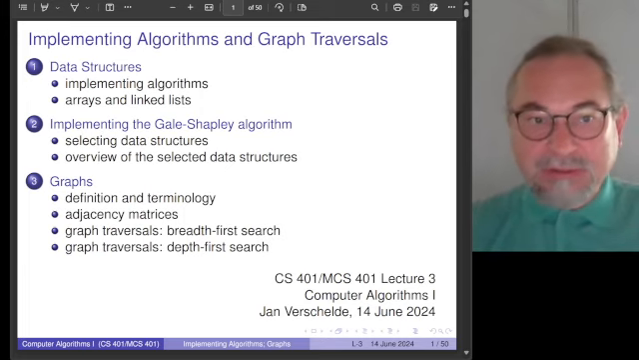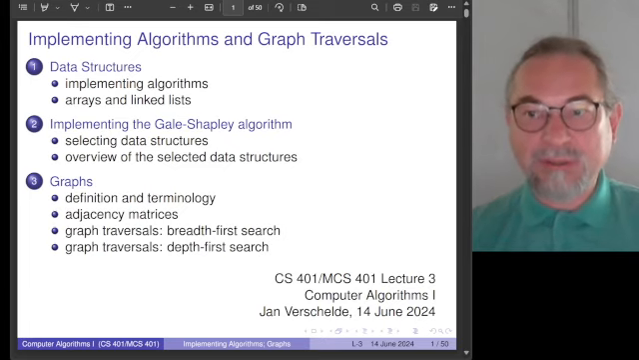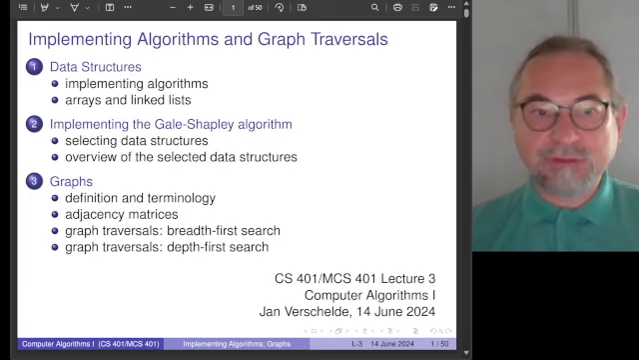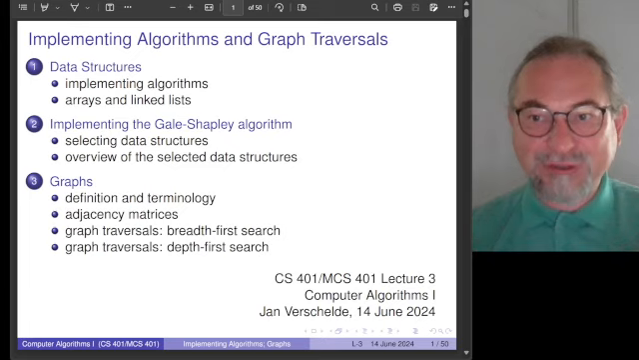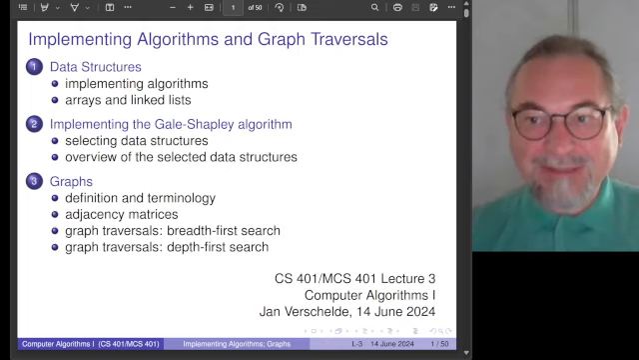This course builds on data structures. In the previous lecture, we considered efficient algorithms and the big O, big omega, big theta notations. We also stated that the Gale-Shapley algorithm takes a number of iterations that is quadratic in the input dimension. That doesn't mean yet that the algorithm itself is